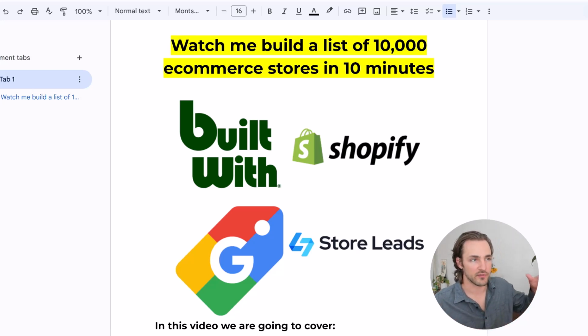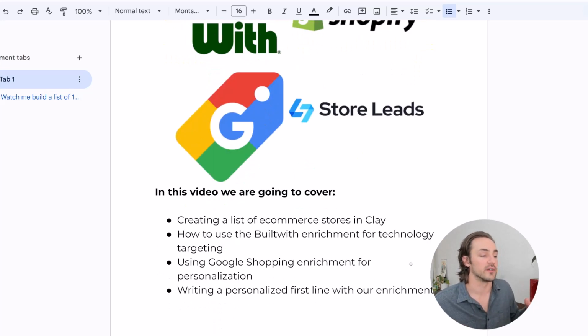Today we're going to be covering the step-by-step process to build a list of 10,000 e-commerce stores in less than 10 minutes. So what are we covering? First, we're going to create a list of e-commerce stores inside of Clay. We're going to use the BuiltWith enrichment inside of Clay for some filtering specifically around technologies. We're going to use the Google Shopping enrichment for personalization, and then we're actually going to write a personalized first